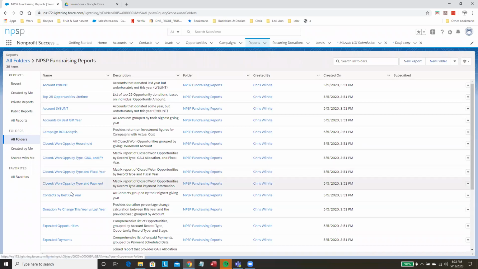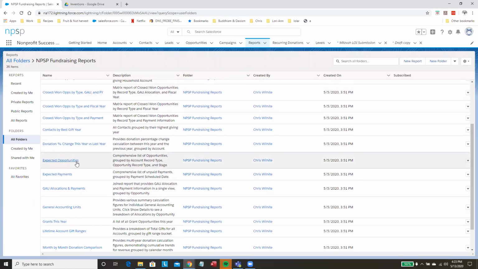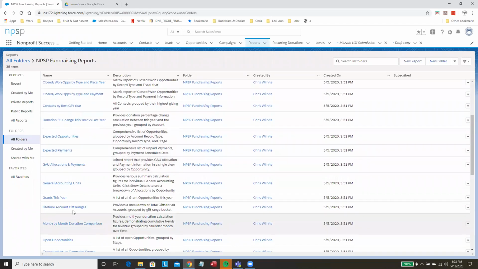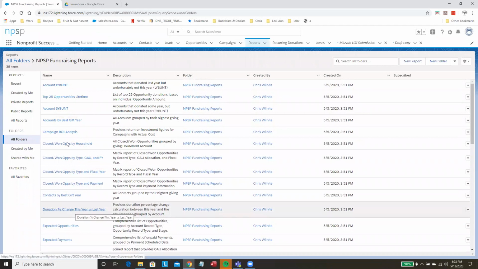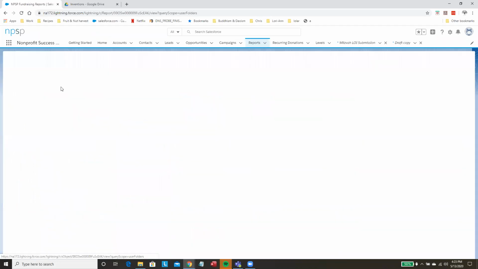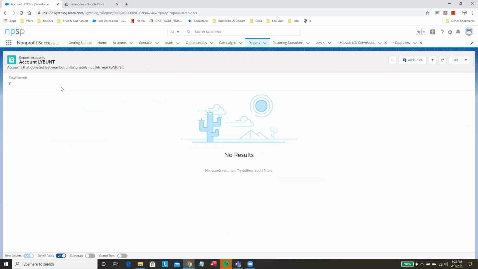You should have donation pipeline somewhere in here. Expected opportunities, I guess, is kind of like a pipeline list. There's all kinds of reports that you can see. Let's look at that LIBUNT one, something that a lot of development professionals like to use. That's right. There's not a lot of data in the system right now, so I can't show you too much, but